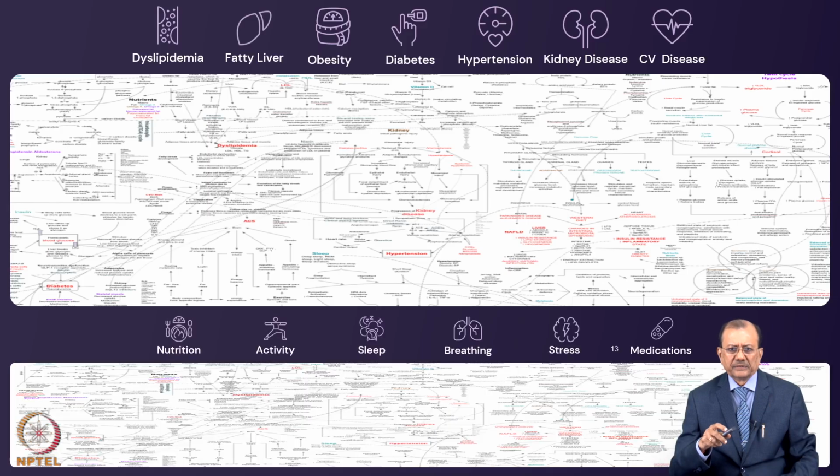You see that they have divided these parameters into categories, like nutrition, what kind of nutrition a person has taken, what kind of activity the whole day, 24 hours, he or she has done, how much sleep they have taken, what kind of breathing pattern there is, what kind of stress is causing them this problem, and what kind of medication, medicines they are taking. All these parameters are reference parameters which they like to have for providing further diagnosis to the problem of the said person.